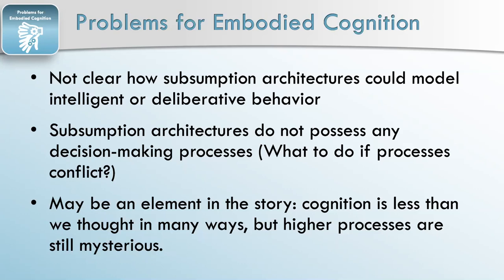But that's still going to leave a lot of the extremely offline, far in the future, abstract processing and planning that we do to be very mysterious. This is the stuff that makes human cognition so special, and it seems like embodied cognition might get us a part of the way there, but you have to make quite a few assumptions to think that it'll get us all of the way there as an architecture of the mind.